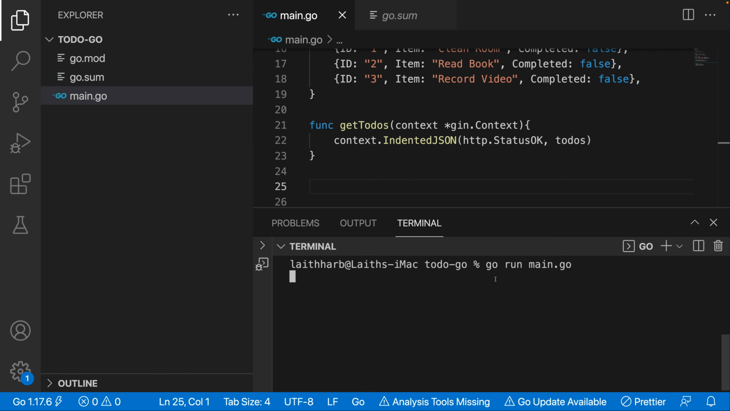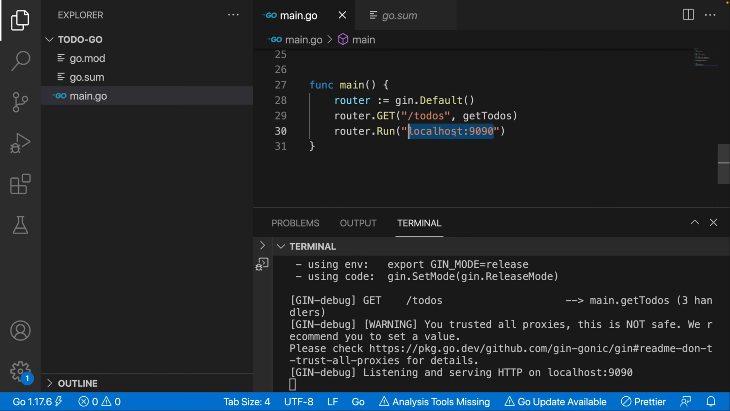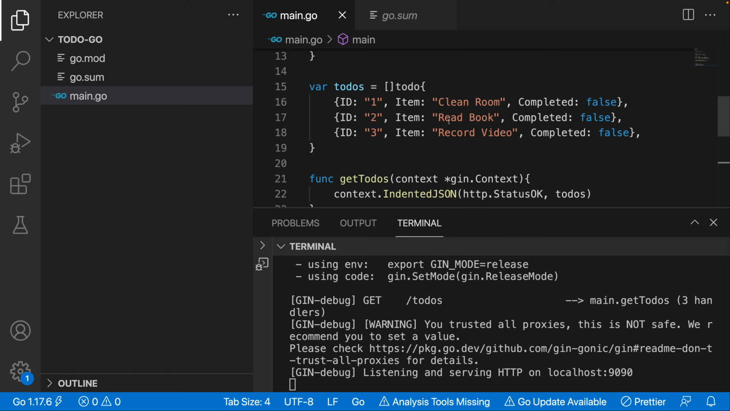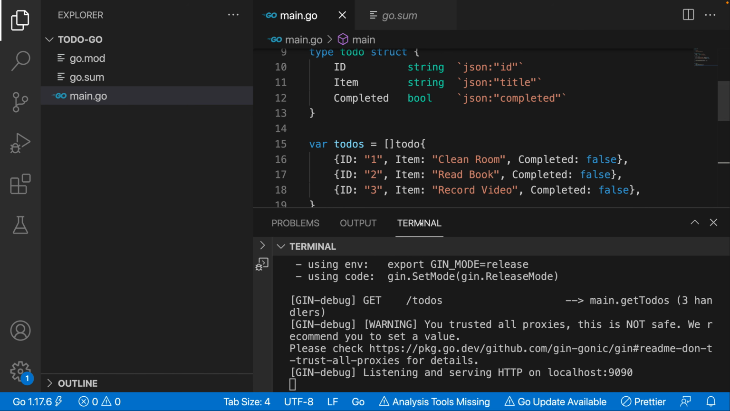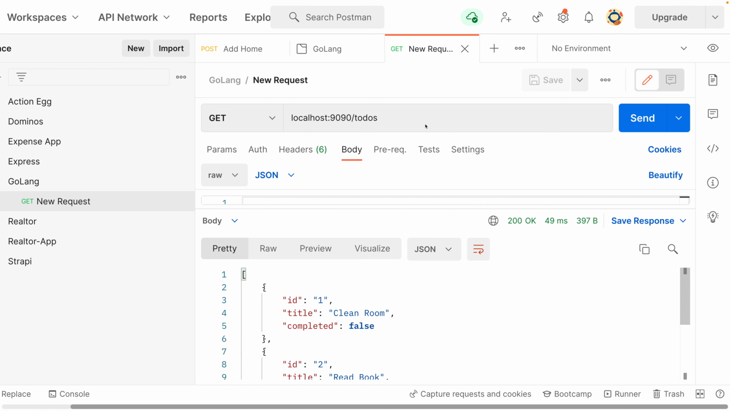And what this should do is run our Go application on this port. So now we can actually try to hit this endpoint: localhost:990/to-dos, in order to get this data right over here. In order to do that, we can either do it inside of the browser or use a really cool tool